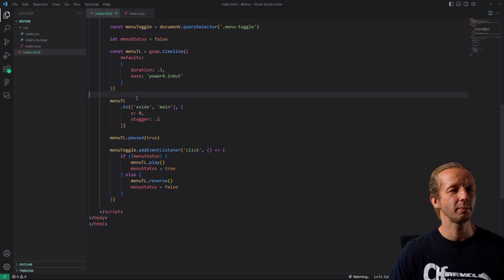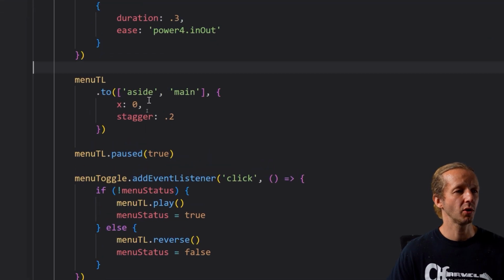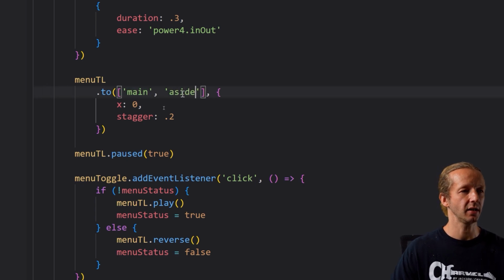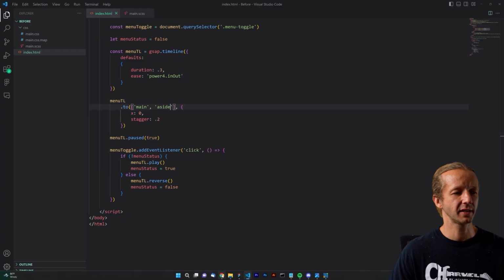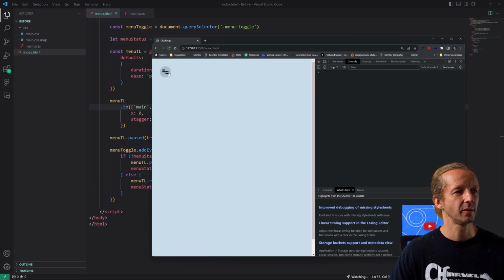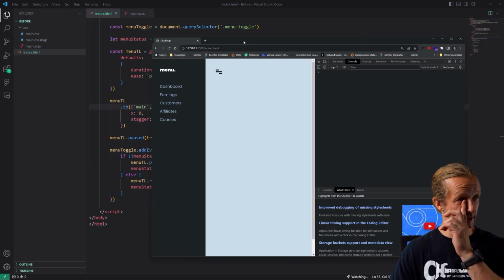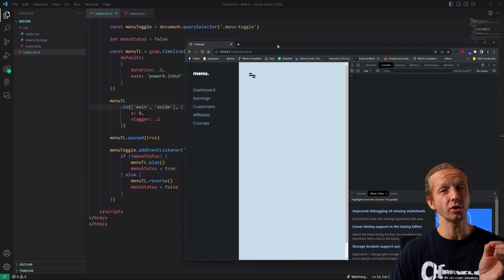And I'm fairly certain I know what the issue is. In the original project, I put main first here, and then aside second. Now, let's see if that fixes it. I think it might. There you go. Now we don't have that issue because it does take into account the order of the elements